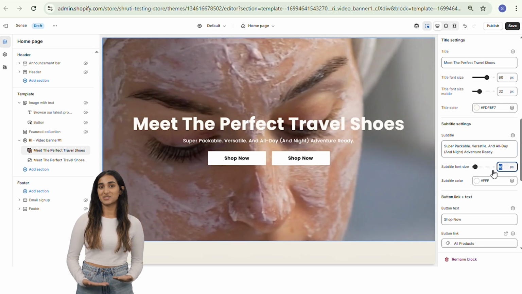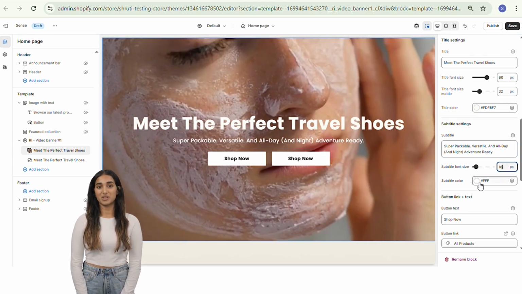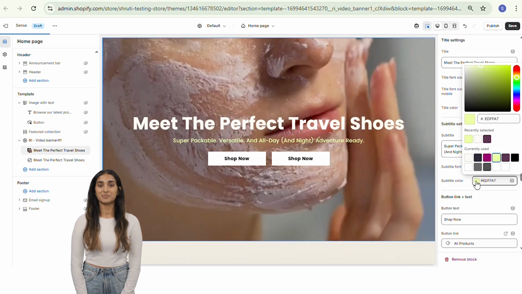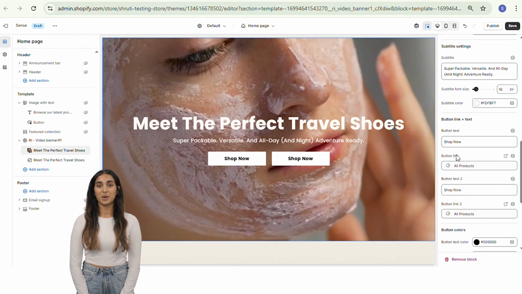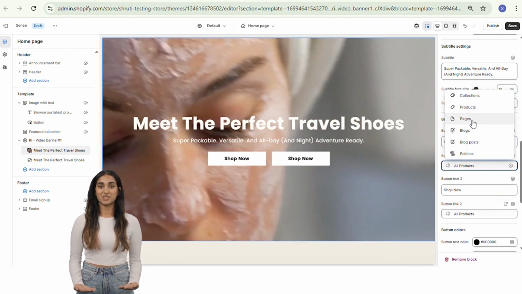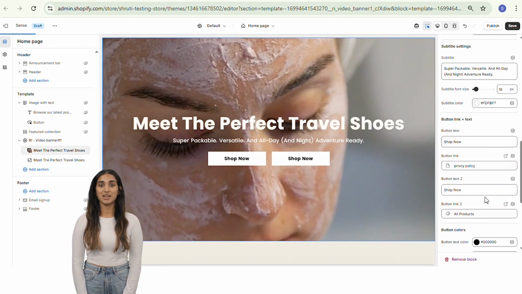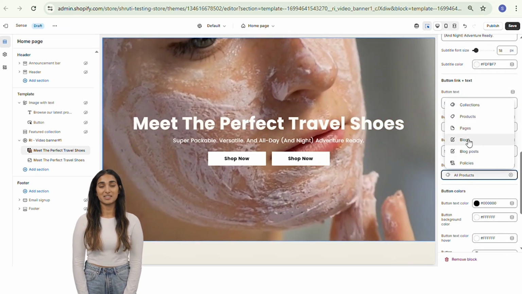You can enhance storytelling by adding a headline. Use this to deliver a powerful introduction or branding message. Customize the title font size and color separately for desktop and mobile to ensure consistency and impact. Just below, you can include a subtitle to provide supporting context and independently adjust its size and color to fit